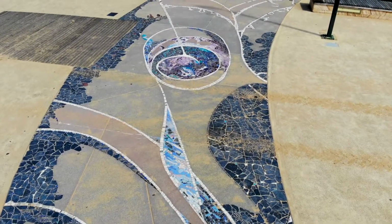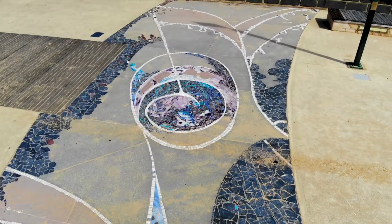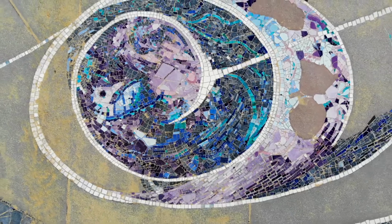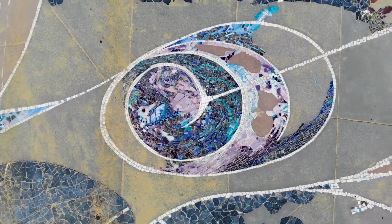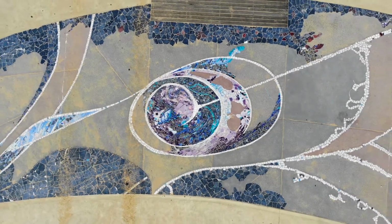The area of the mosaic stream is approximately 150 square metres and was inspired by water, waves and marine life through the use of different materials: marbles, granites and Venetian glass called Smalti, imported from Italy. This fascinating combination of materials allows for this place to glisten, capturing the eyes of passers-by much like an oasis